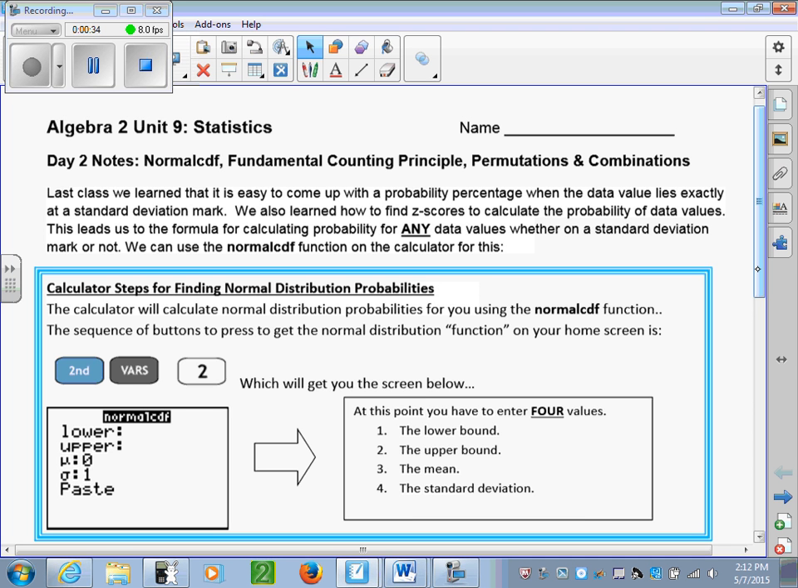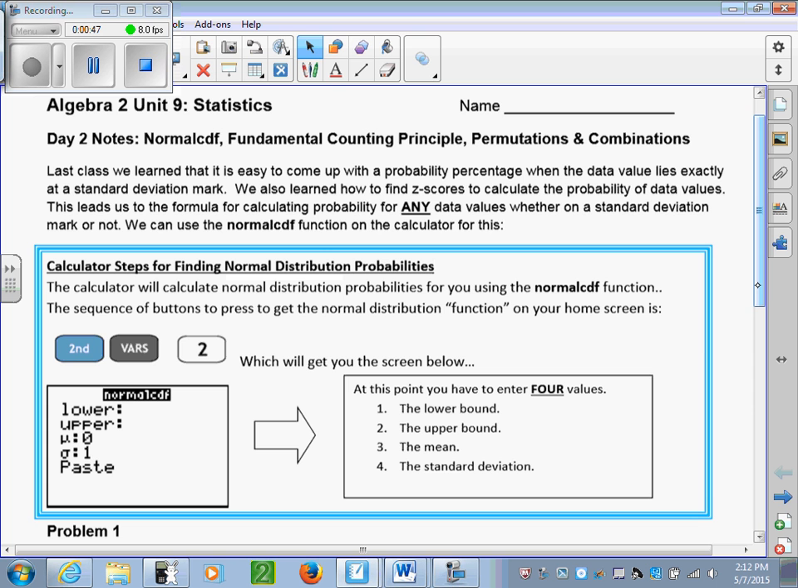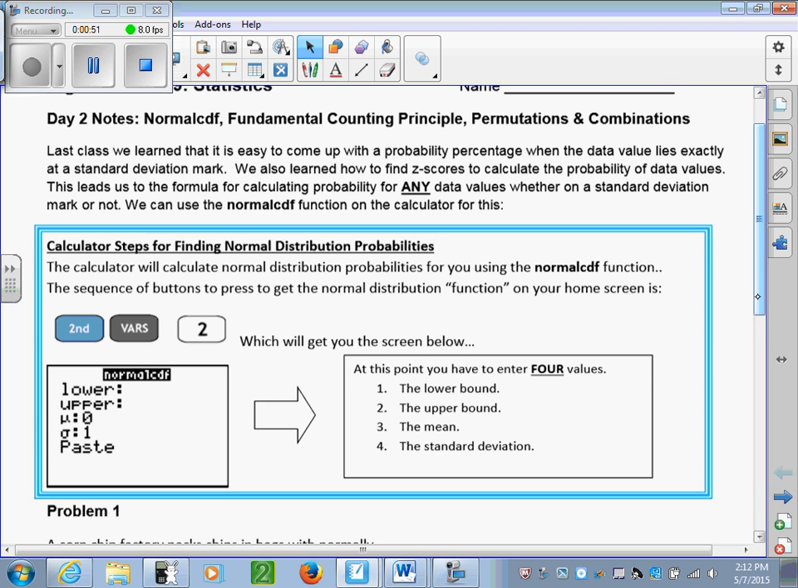Last class we talked about how to come up with the probability percentage using a bell curve. We talked about how we could use that bell curve with the empirical rule to come up with probability percentages for data using a normal distribution. We also talked about z-scores and how this leads us to the formula for calculating any data, whether it falls exactly on a standard deviation or maybe it's 1.3 standard deviations from our mean or 2.6 standard deviations from our